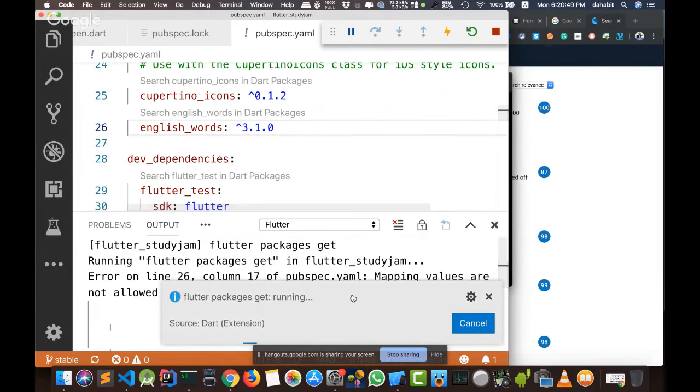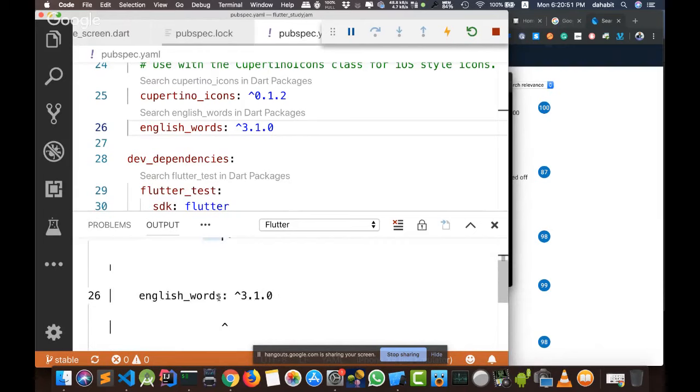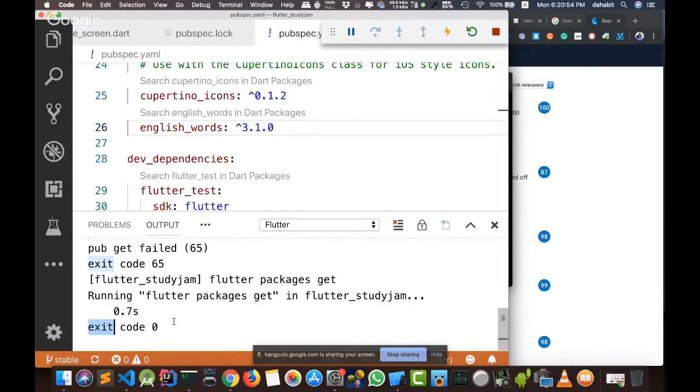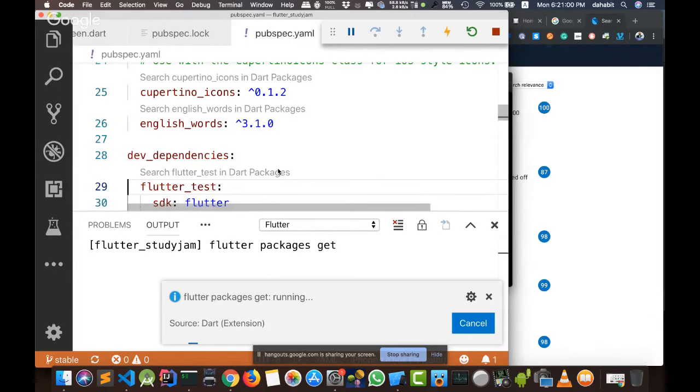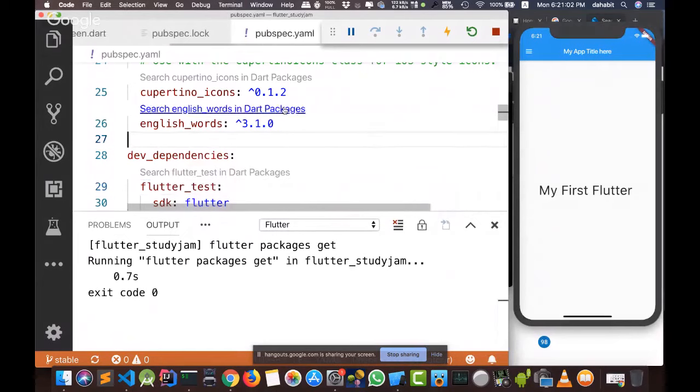When I press save, it will start again to run the command, and as we can see, it gives me exit code 0, which means there is no problem with my application. And we imported an external package from the pub.dev package management system and installed it locally inside our project.